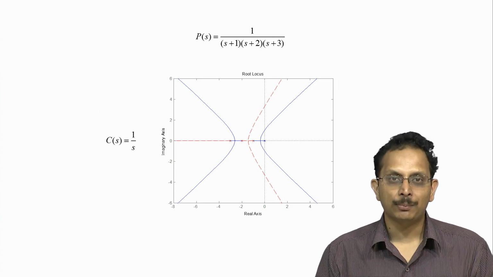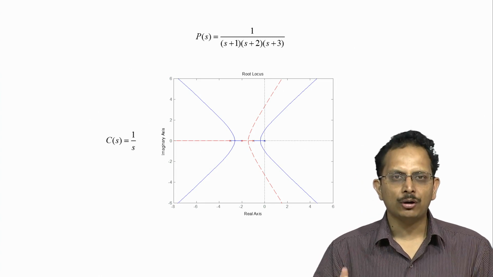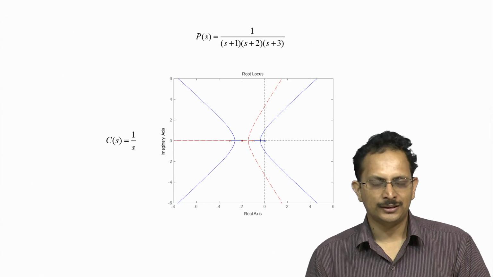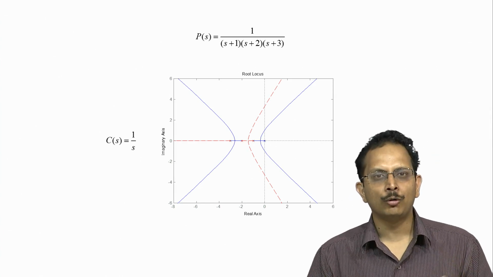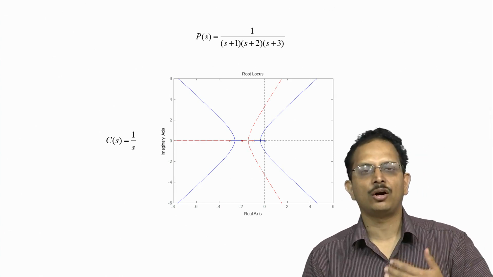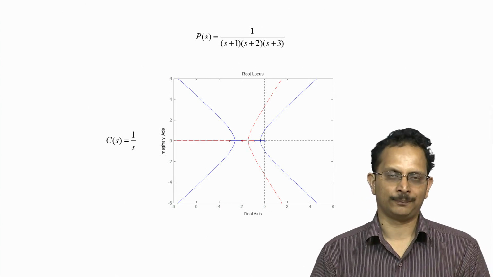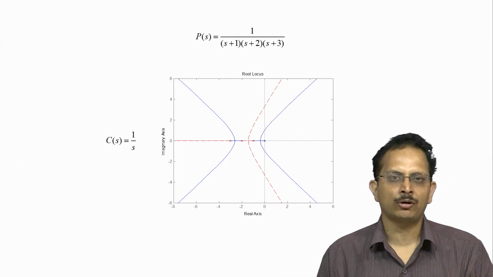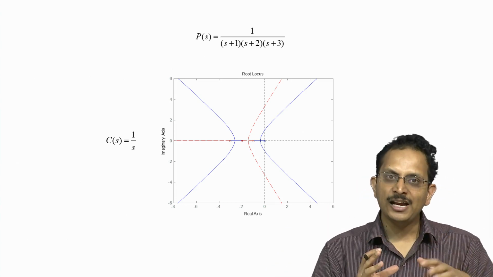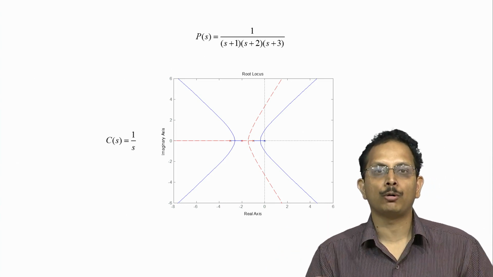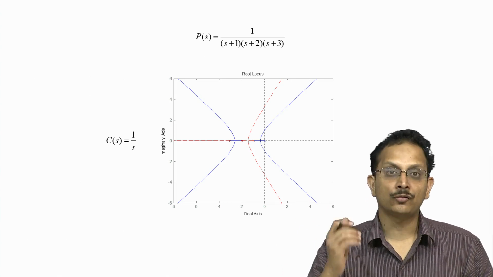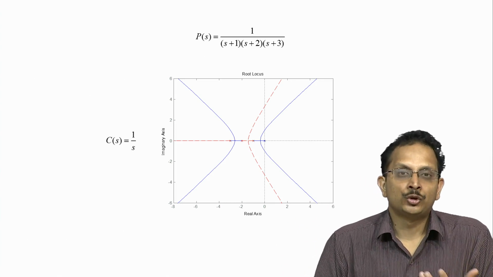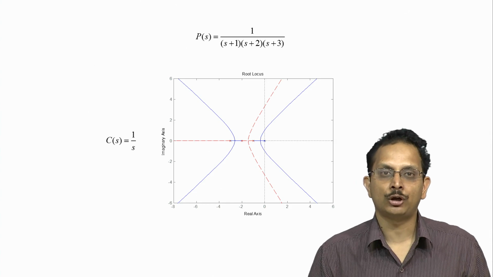In the case of Bode plots, when we had the Bode plot of a plant and a controller, then the Bode plot of the overall open loop system was simply the summation of the Bode plots of the plant and the controller. So, if I had the Bode plot of the controller and I modified it a little bit, I can easily anticipate how the overall Bode plot would change. In the case of root locus, however, such a superposition or summation property is not valid.